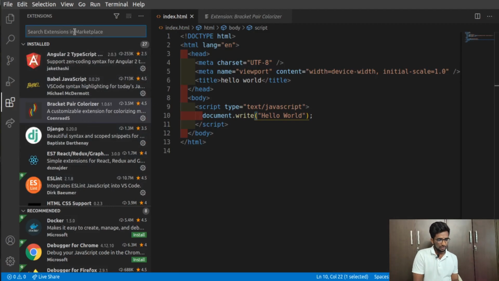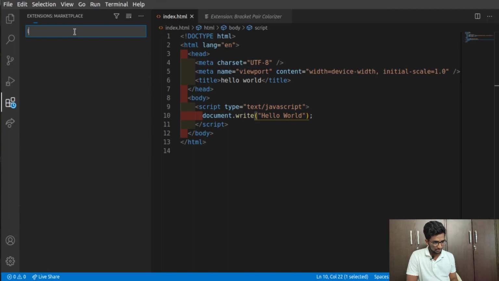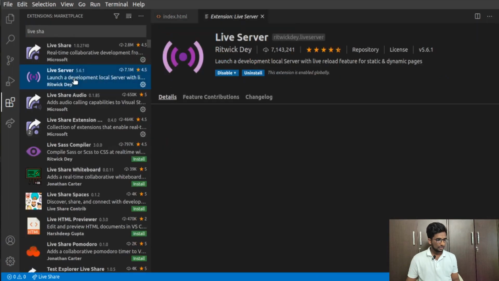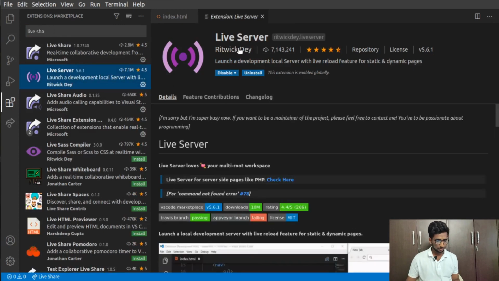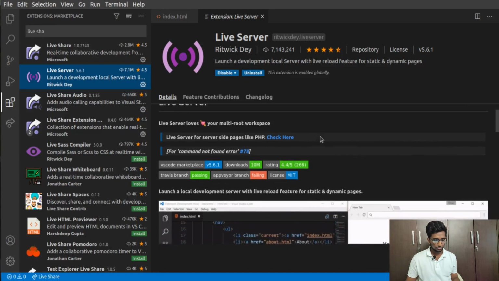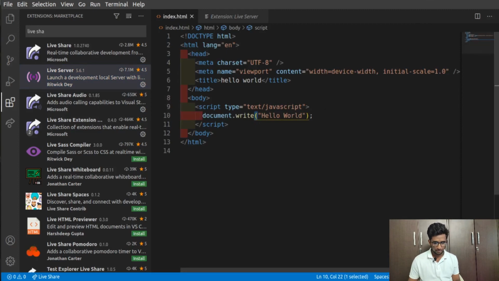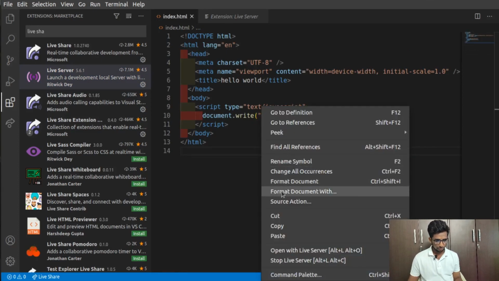And in order to run, there is ease in VS Code. Like this is the best part of using text editors. You can see, just go here and type live server, then you're going to be able to see the live server here. This will help you to execute your code. Whenever you make even a small change in the code, it will be automatically updated in the web part. So if you can see go live, just click this option, open with live server.